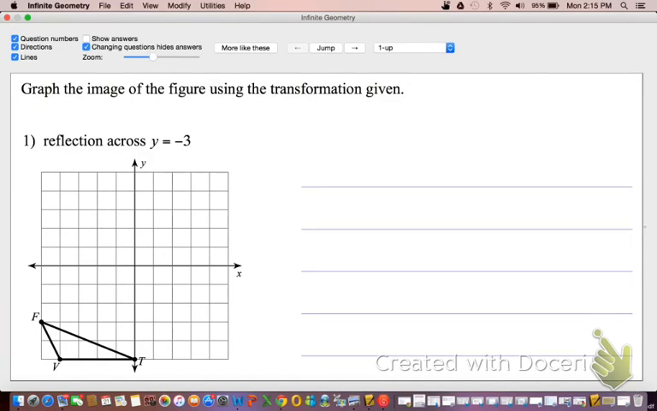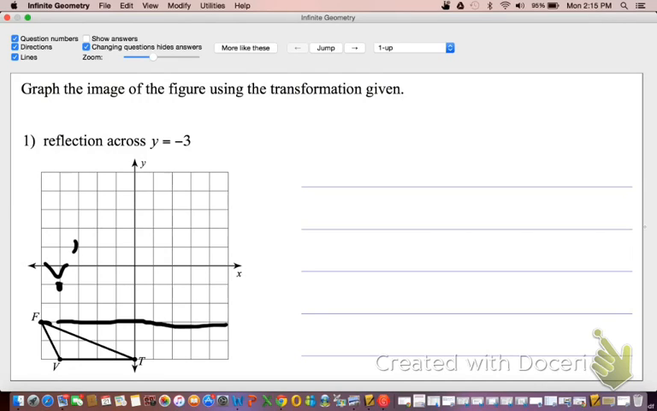Okay, here you have to understand that a reflection is informally a flip, and the line y = -3 is going to be this line right here. So how can we flip over this line? We have to go point by point. V is going to be 2 points up right here,